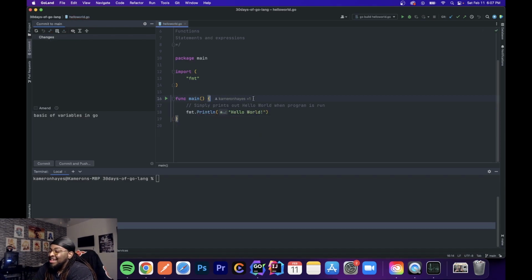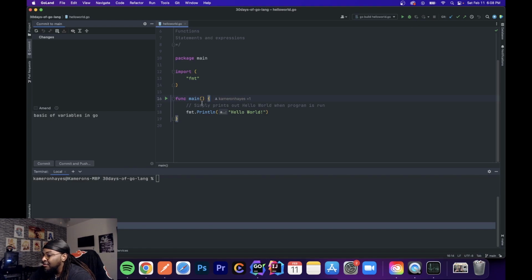Alright, the second tool that an IDE typically would consist of alongside the code editor would be some type of build automation for your code so that you can build, compile, and run your code. So in this instance, you can see that I have a play button up here and also a play button right here that will literally build, compile my Go code and run it and print the output in the terminal